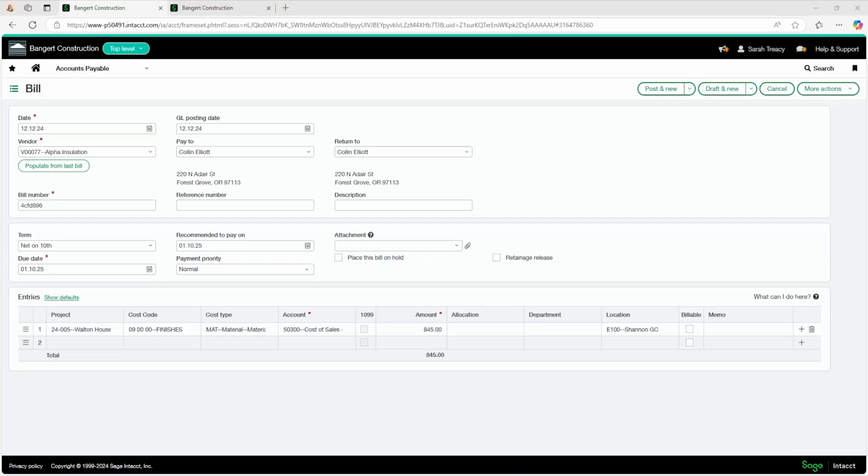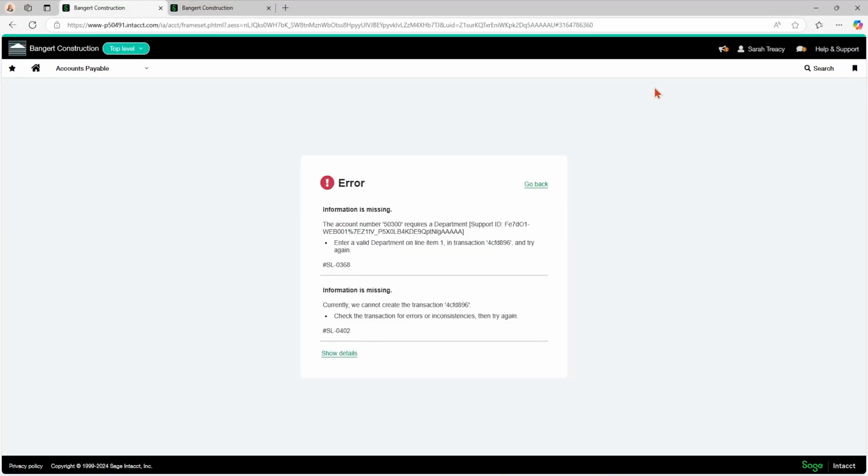Another very common error that we would see is when we're trying to post through a transaction, we'll get this error that pops up saying the account number requires a specific dimension. So in this case, when I use 50300, a department is required. So whatever the dimension is here that's required, when you're using that account, you'll have to go back and put